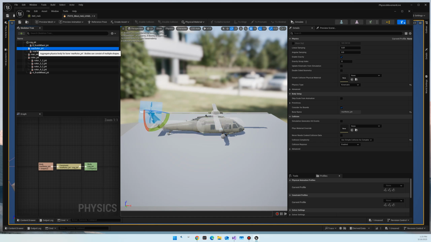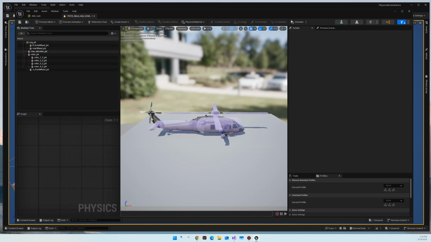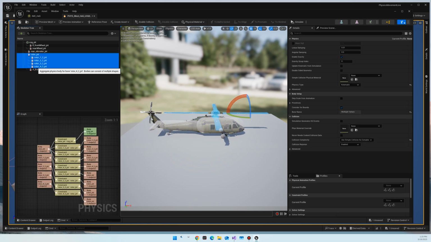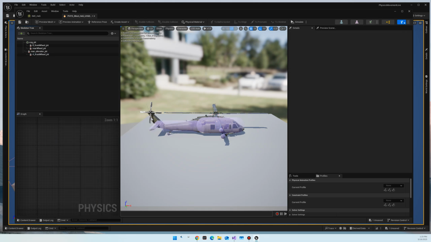So I'm going to take the rear rotor and just delete that. I'm going to keep the wheel, and I'm just going to take the rotor joint and the rotor blades, and delete that too. Like I said, we want this for the animation, but now if you want to have collision on the rotor